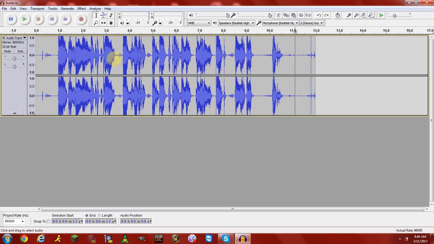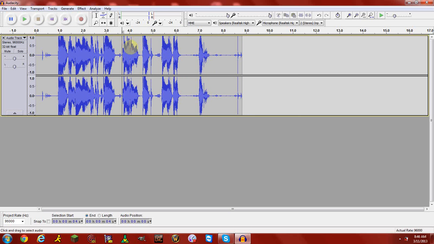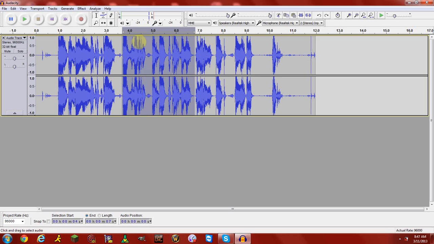A better example is, say I want to delete this part of the audio. If I click edit, remove audio, delete, as you can see, my track moves backwards, so it all comes together. I don't really use this option a lot. This is just plain deleting, but some people want to have this silent. What you can do is either